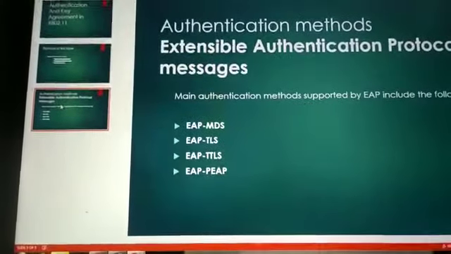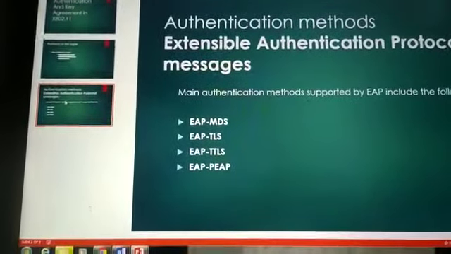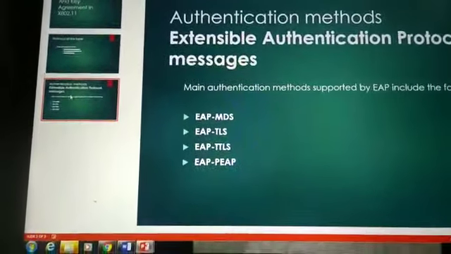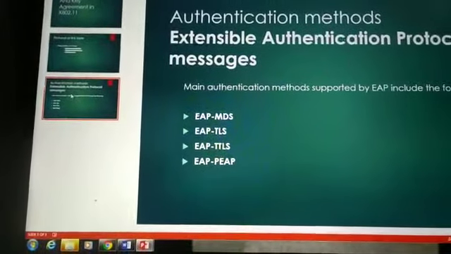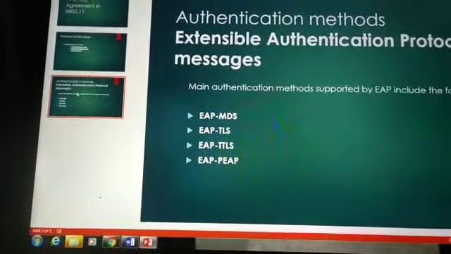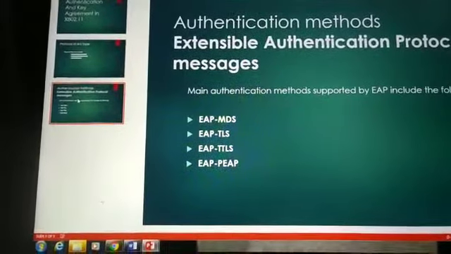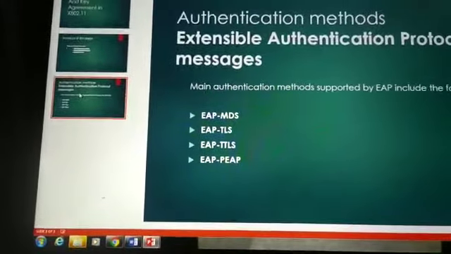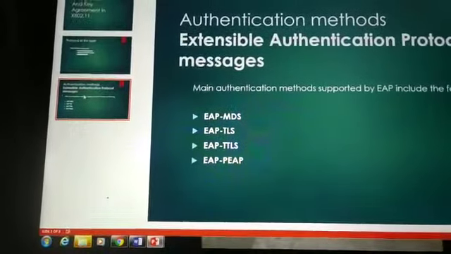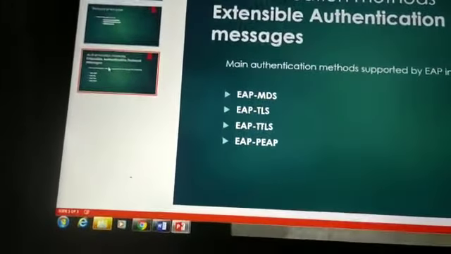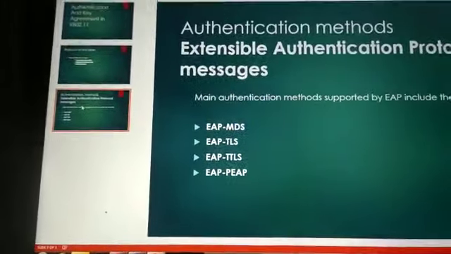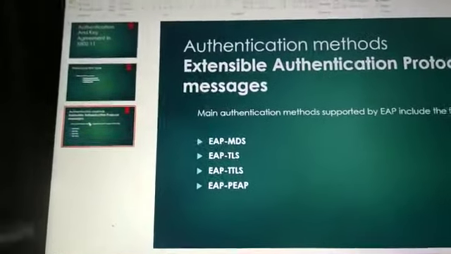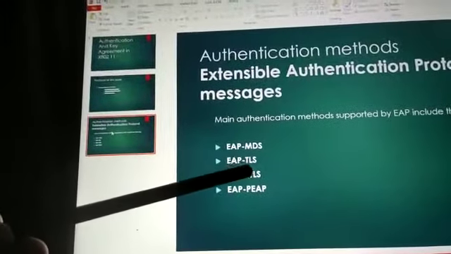Okay, now what is the problem in this? If a person eavesdrops this message digest, he can find out what sort of function is used, and he can introduce a replay attack. Okay, so that is the first method, and that is its drawback. Now coming to the second method, that is EAP TLS.